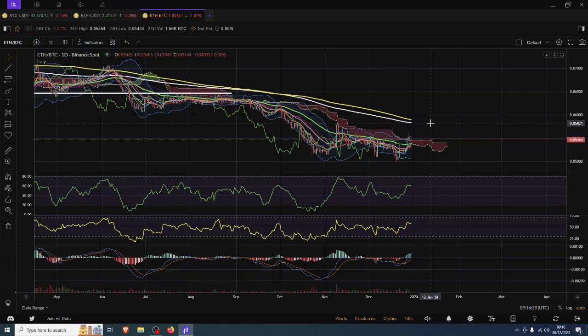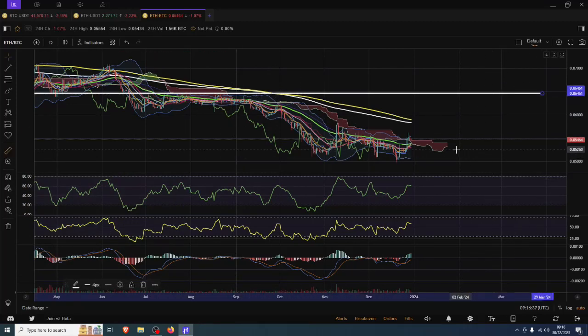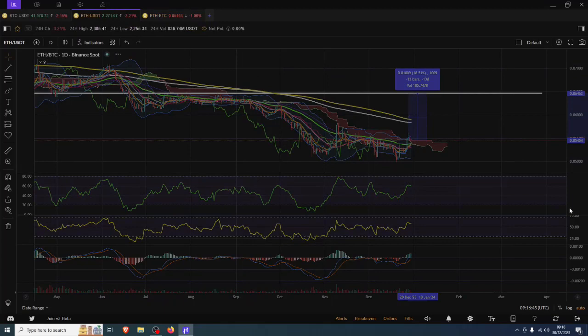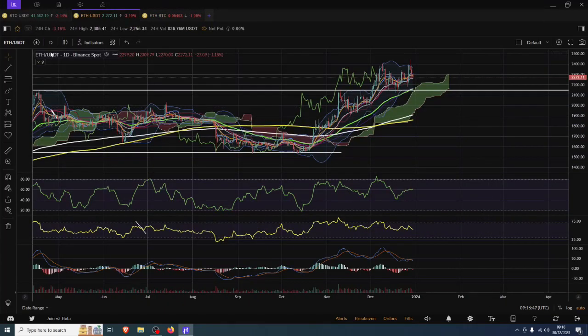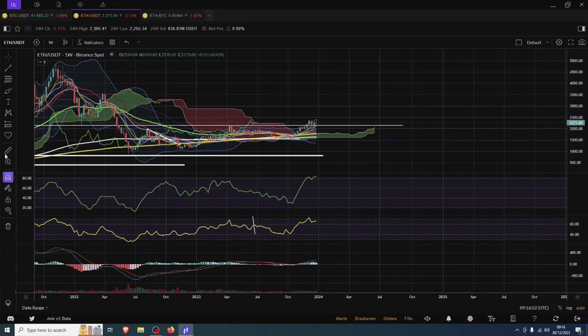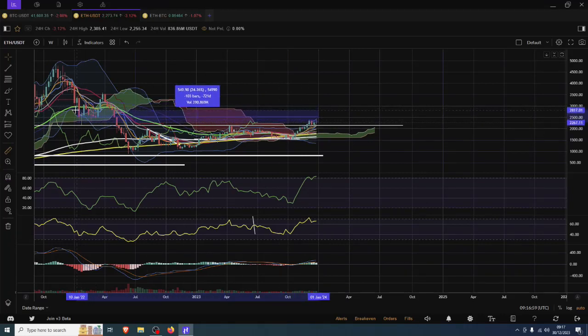And if for whatever reason we do break out from this area, then we'll really power on and start to see some much bigger gains. This area being the next one on the chart, which is a move of around 18%, which feels about right to me. About 1850 for the next major resistance, because the total 2 is more or less wanting to do a 20% move, and if we were to make a 20% move from where we are right now on Ethereum, it takes us to areas of roughly around